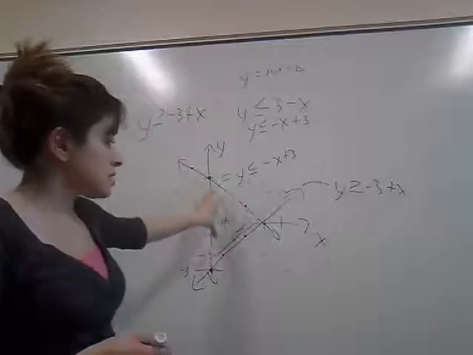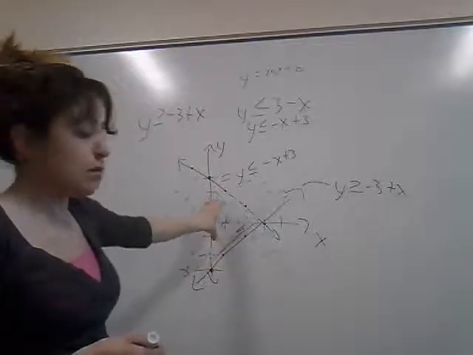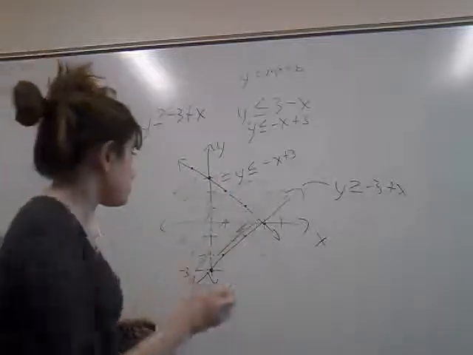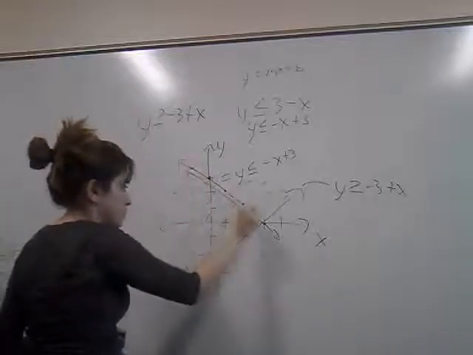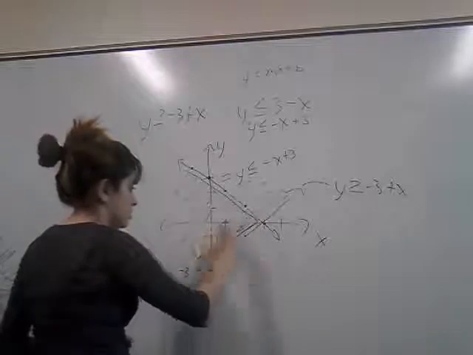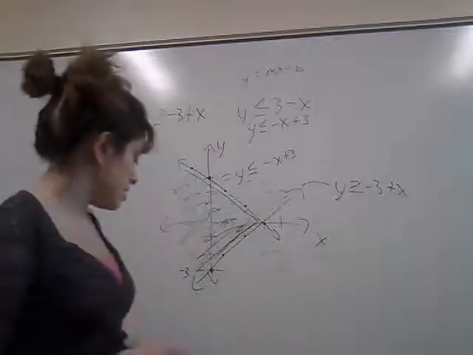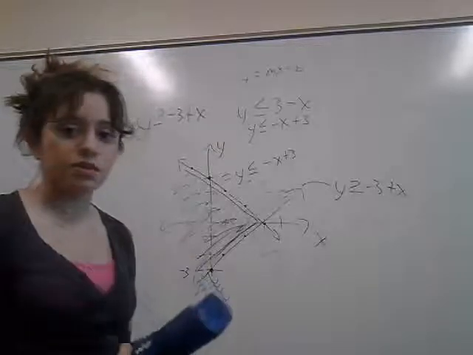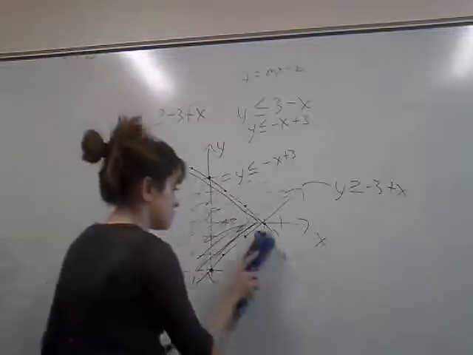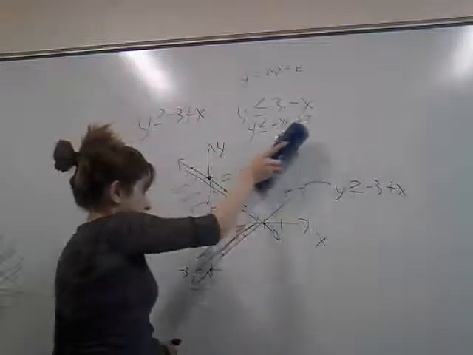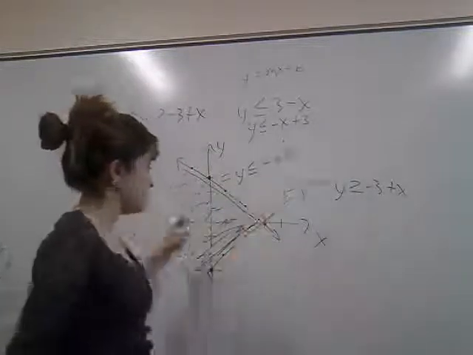So the set of values that works for both inequalities is in this double shaded area. And so when you see it, if they were to give you options or answers, this is what you would